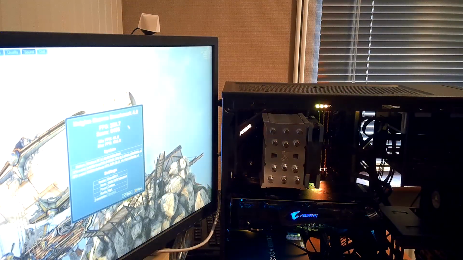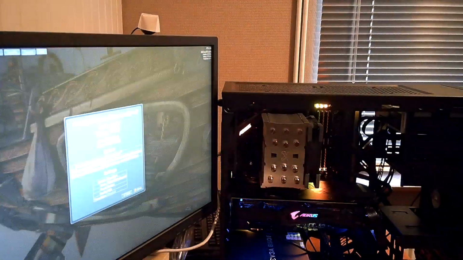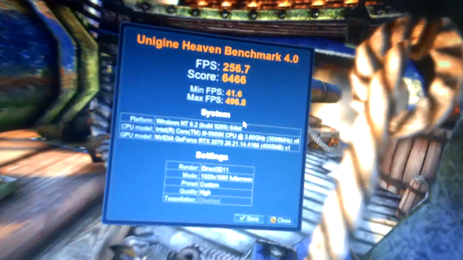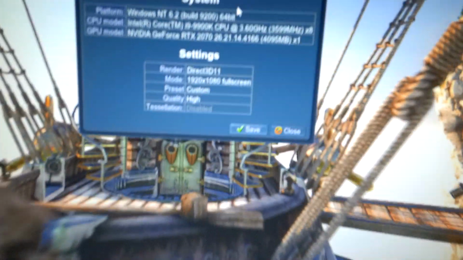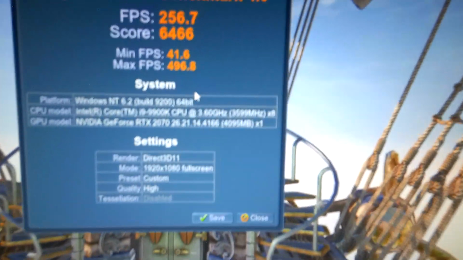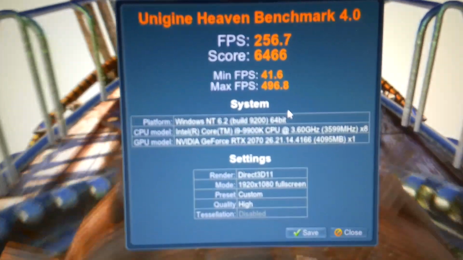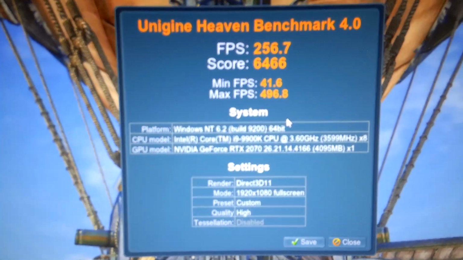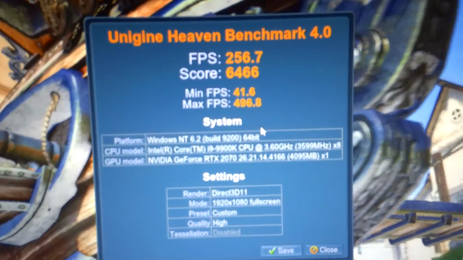And average is 256. You want to see that? Let me show you. Well, I think that's good enough for me. This is the fastest machine I've ever built.